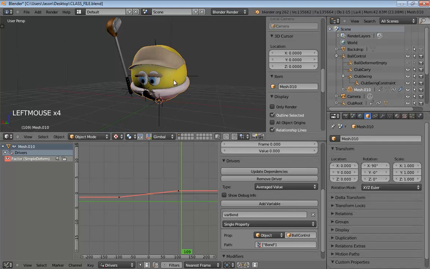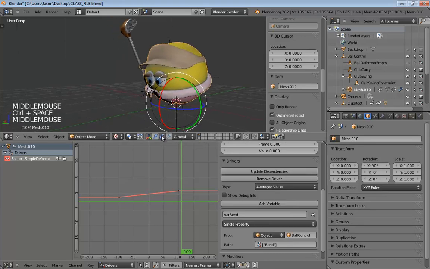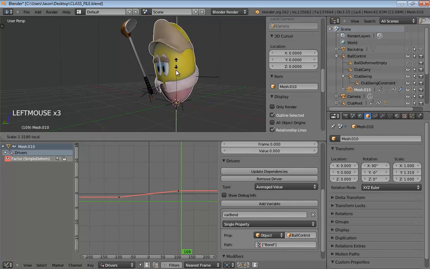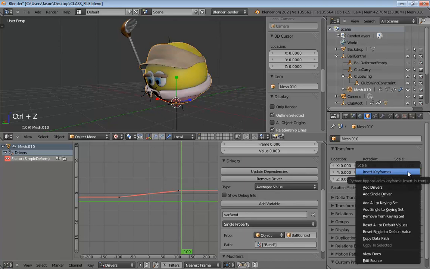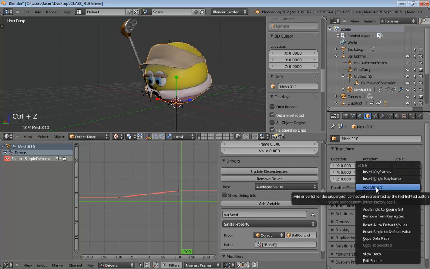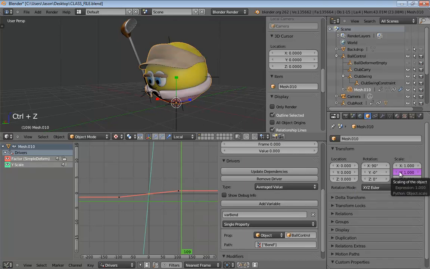Well, let's make sure we get the right one, too. So it's a good idea to test. Let's hit Control Space to show my manipulator, and we'll go to the Scale tool, and make sure we set this over to Local. So we're going to be doing Scale Y. So we'll just right-click. And you don't want to say Add Drivers, because what that's going to do is drive Scale X, Y, and Z. You want to add a single driver for just that property.